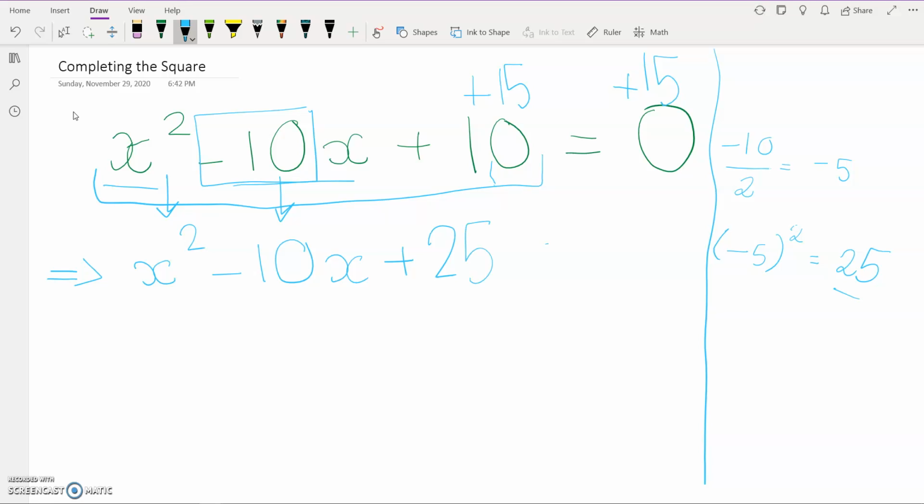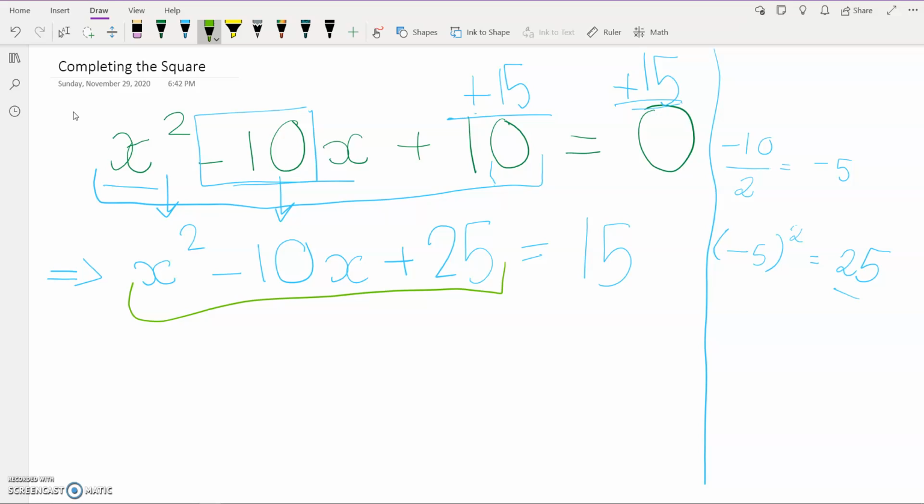And 0 plus 15 is 15. As usual, it's really important to remember if you add one value to one side of the equation, you have to add it to the other side of the equation as well to maintain the equality in the equation. So now on the left-hand side of our equation, we have this expression, x squared minus 10x plus 25,